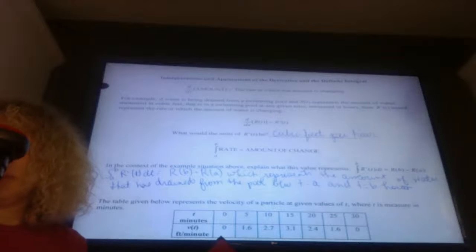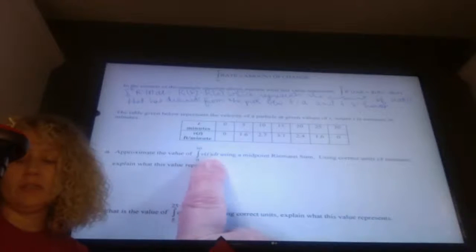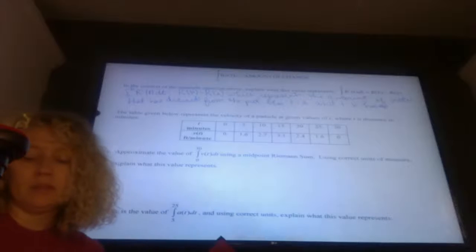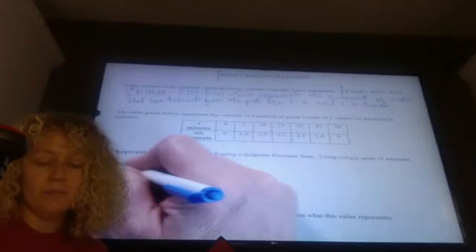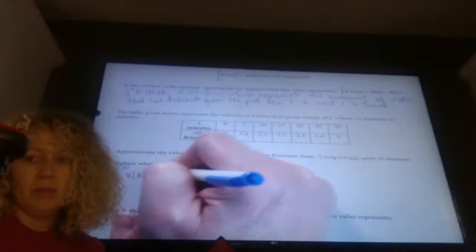So let's look at this table. We've got a table that is the velocity of a particle at a given time t. T is measured in minutes. So we need to approximate the value of the integral from 0 to 30 of v of t dt using a midpoint Riemann sum. Use correct units of measure. Explain what that value represents. So the integral from 0 to 30 of v of t dt would be about, okay,